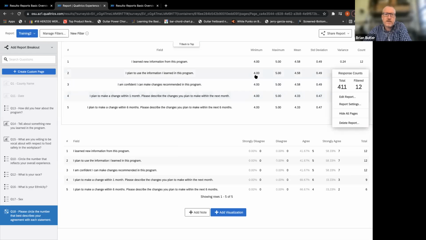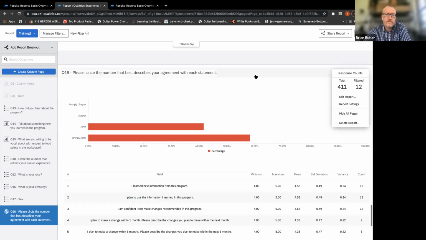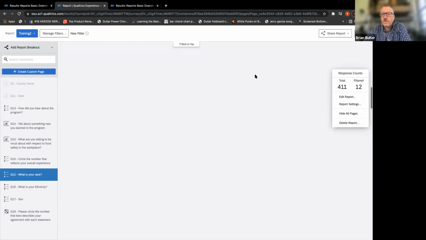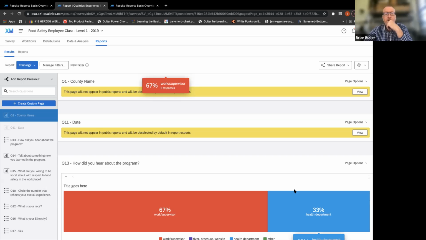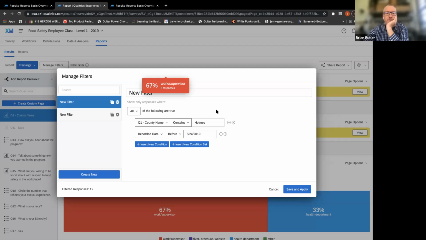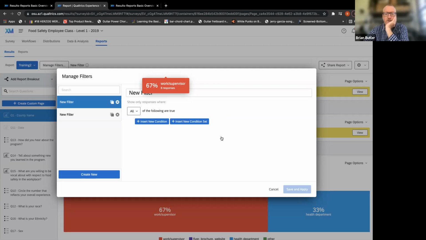So let's go ahead and take a look at this. Yeah, so again, good stuff. Super simple. You're writing sentences. And again, you can filter this on anything. So you're like, I want to filter it on just the people who the health department sent, right? And so I could go up here, manage my filters. I could just go ahead and take all these off. And let's see, we're going to